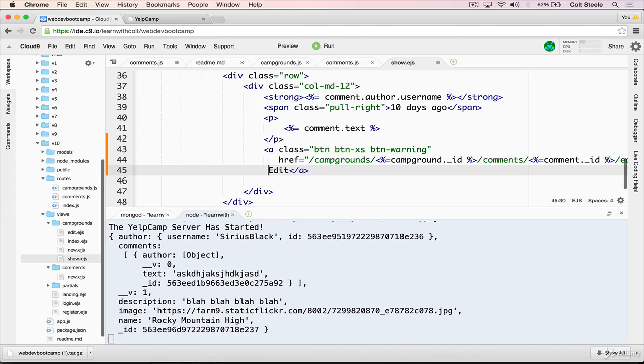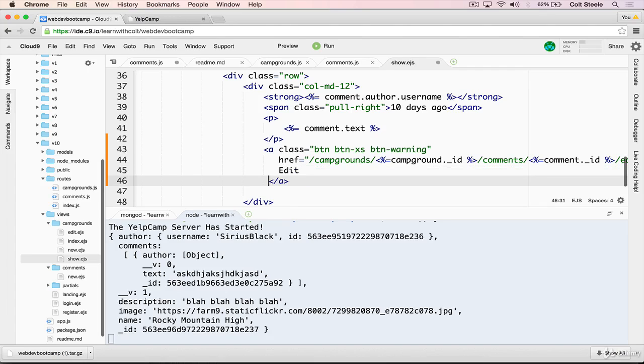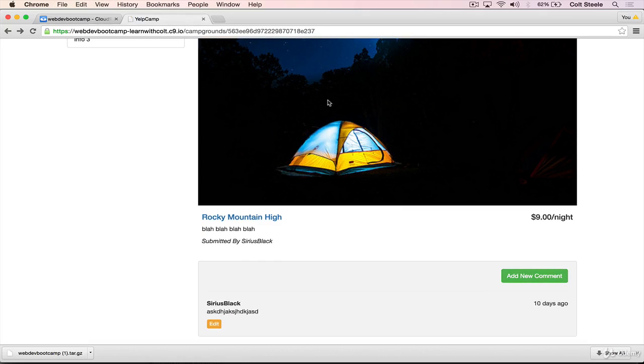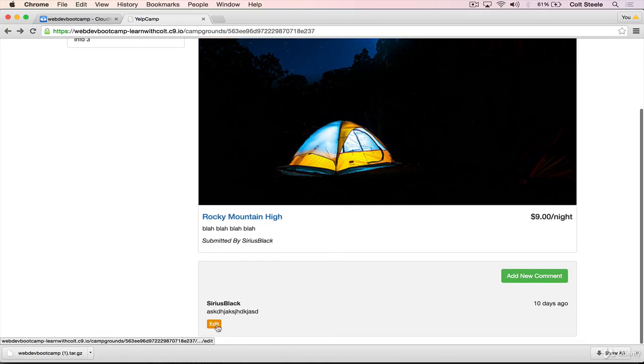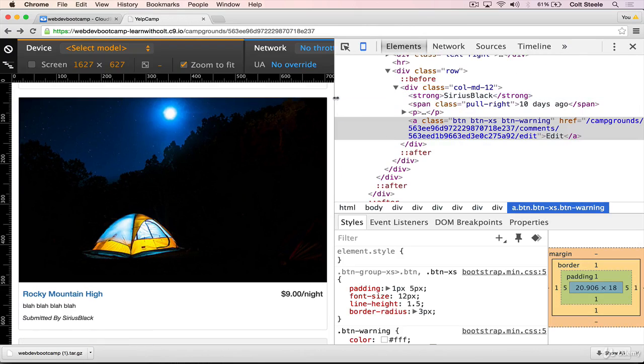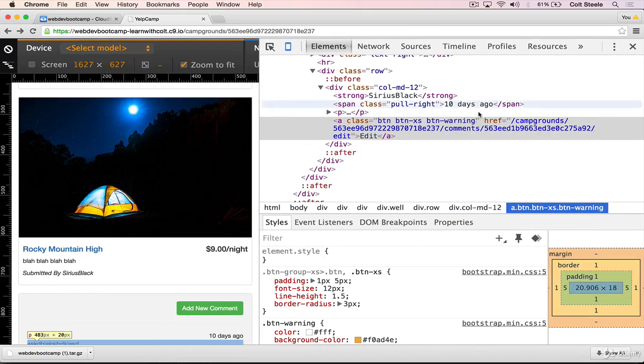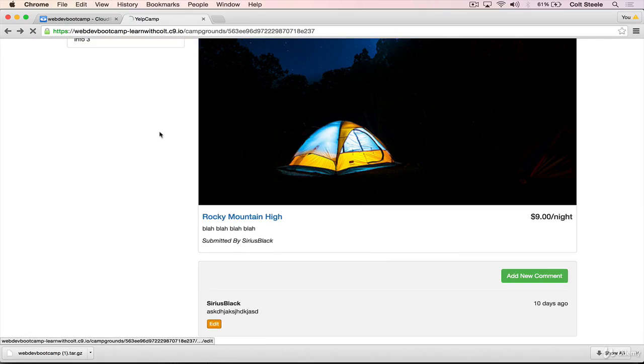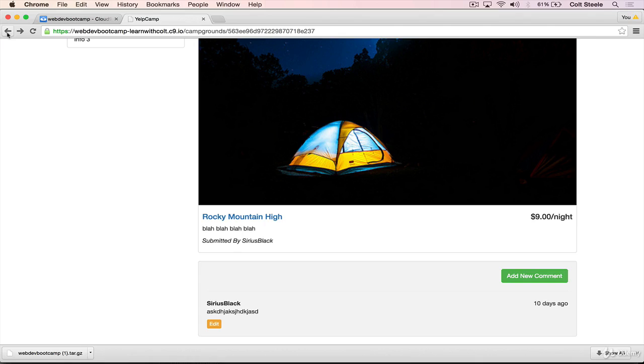Just like that, if we wanted to. We'll save, restart the server, although technically we don't have to do it right there. And we refresh. We now have our edit button. If we inspect it and take a look at the href, it's going to be long, but you can see it's campground / a huge ID / comments / a huge ID / edit. And that should now take us to the edit route, which we now want to render a form for that